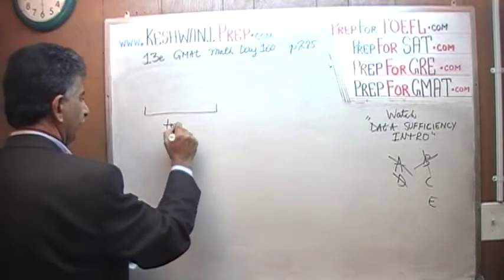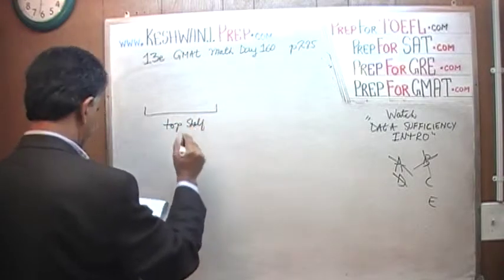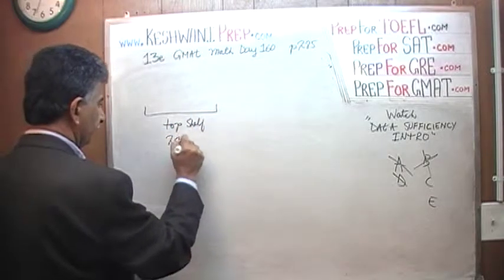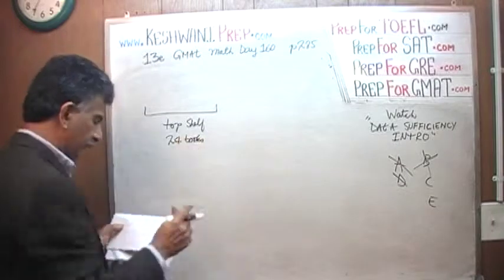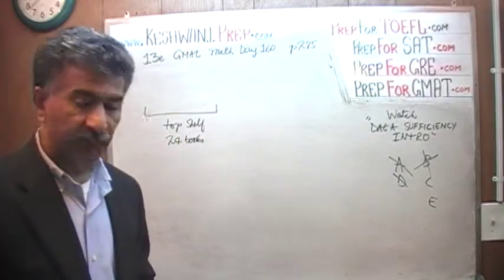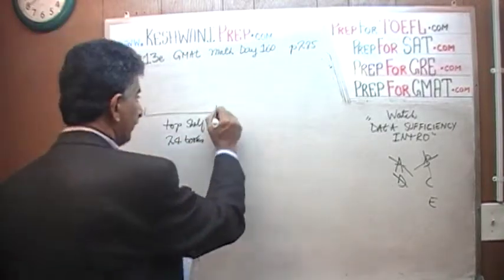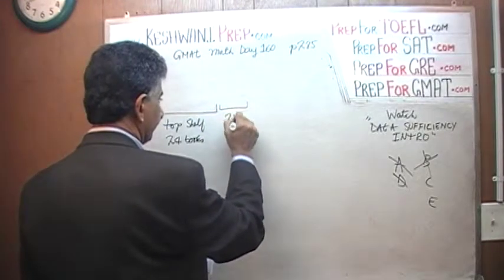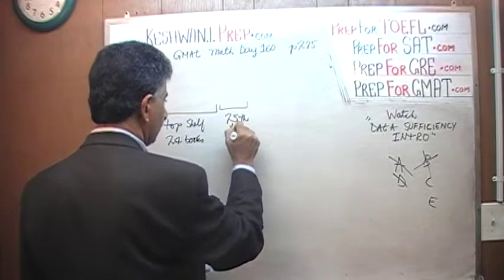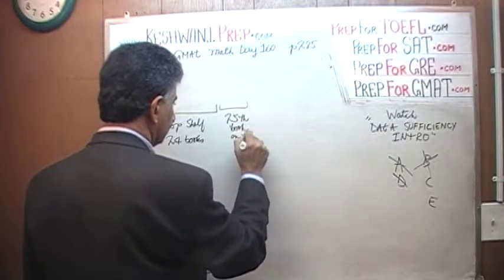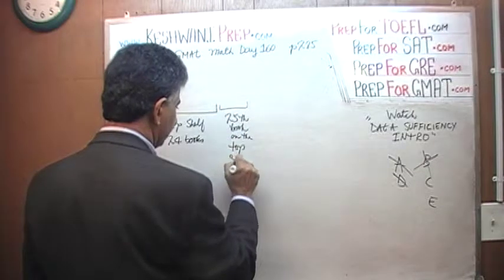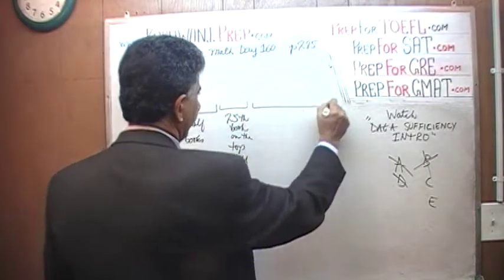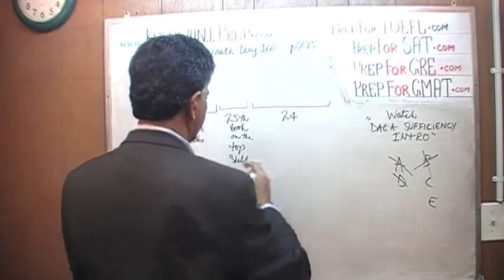Here's our top shelf with 24 books, but we are told there are altogether actually 25 books on the top shelf. So that's your 25th book right here. 25th book on the top shelf. And then we have bottom shelves